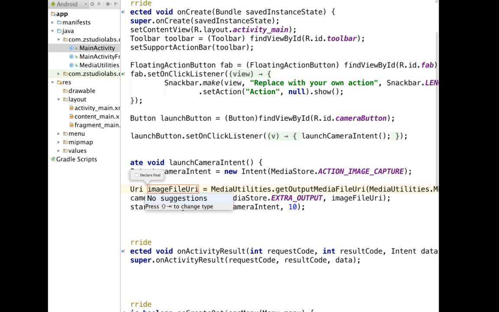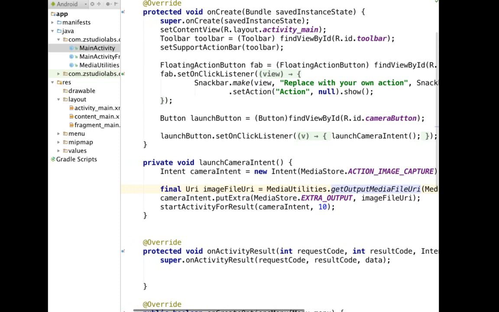I can check that box to make it a final. Yeah, maybe that's a good idea because I'm not going to alter it. And it's a little bit more optimized, I believe, when you make variables constant or finals. Okay, so I'm just going to hit enter. That way, when I do my debugging, I can inspect that line of code to see what the image file URI is actually being passed back as. So that's, again, a nice refactor